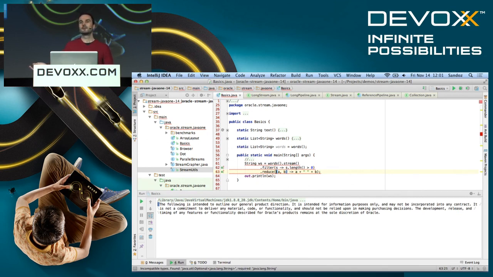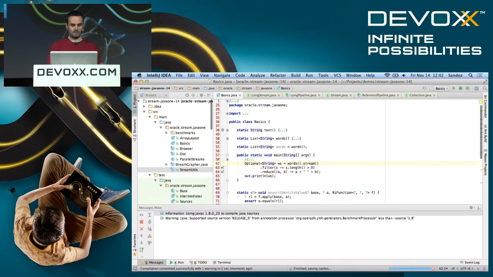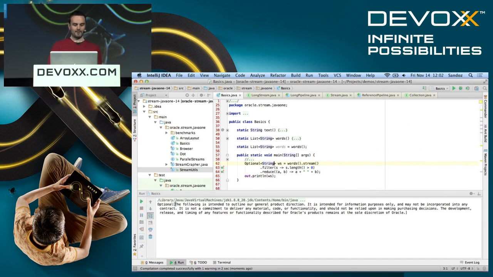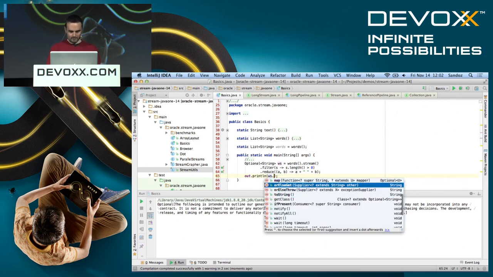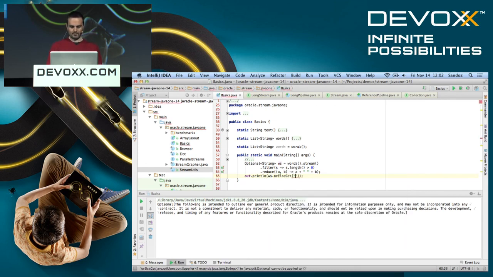Should we return null? No, optional. Someone said that down below. The lights are a bit bright, so I can't exactly tell where the words are coming from. But that's one of the reasons why we introduced optional here: so that we can deal with something that is there or not there. And then we can print that out as well. So we should see some wrapping on optional there, but you notice the space goes away. So in optional now we can say get or else.